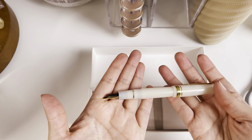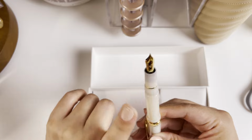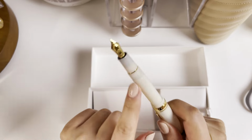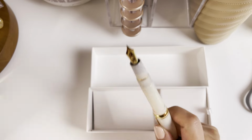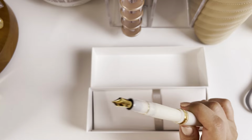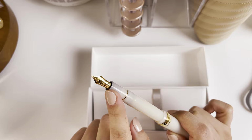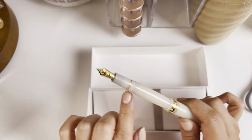My goodness. Wow. Okay, so this is a big thing with these pens, is that they only come in a medium fine, I think that's what it was called. Oh no, they only come in a medium point, or they're considered medium fines. I can't remember, but